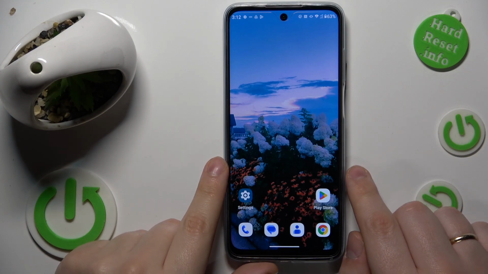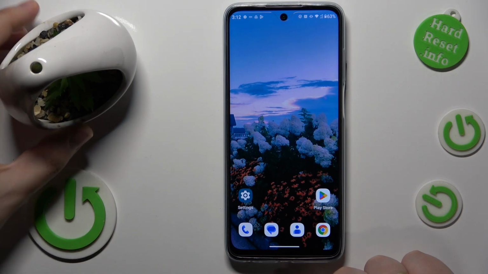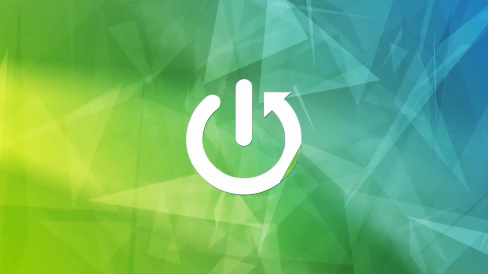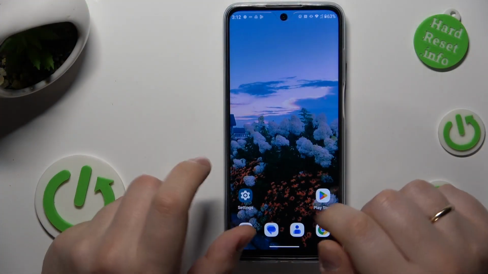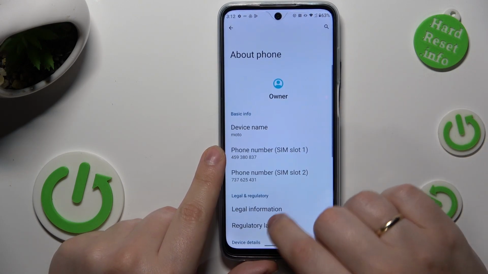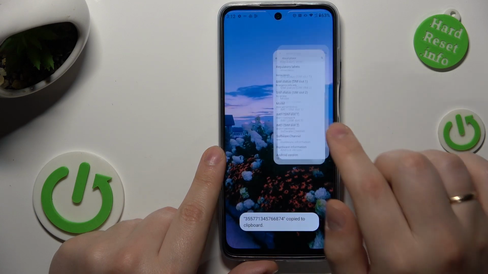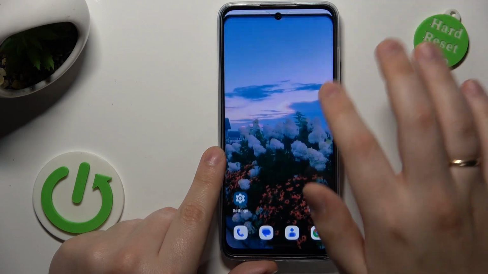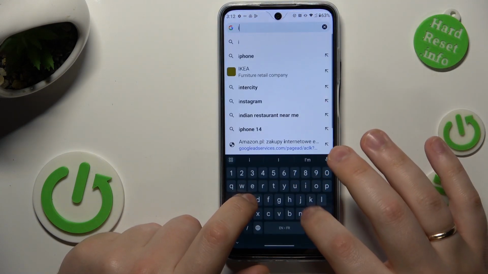This is Motorola Moto G32, and today I would like to quickly show how you can confirm the authenticity of this device. So to start, you will need to launch settings, then enter the About Phone category and copy one of the IMEI numbers you have. Then open your web browser of choice, go for the IMEI.Info URL,